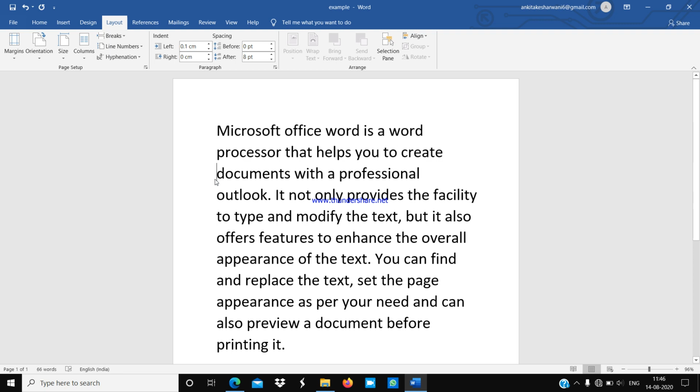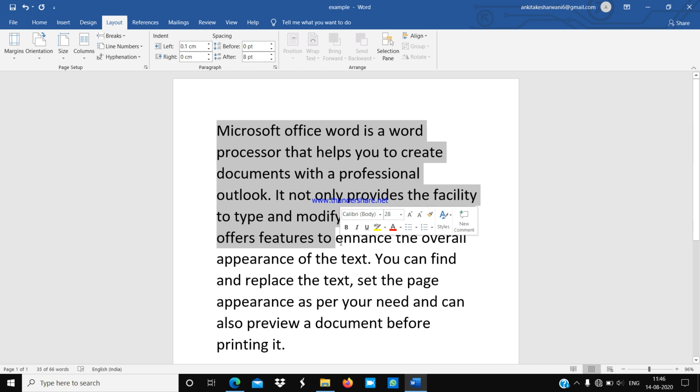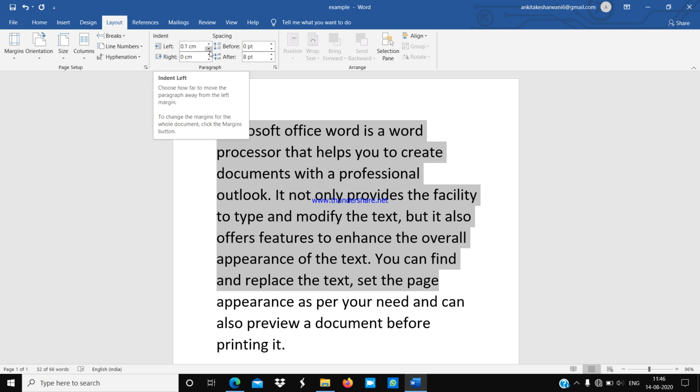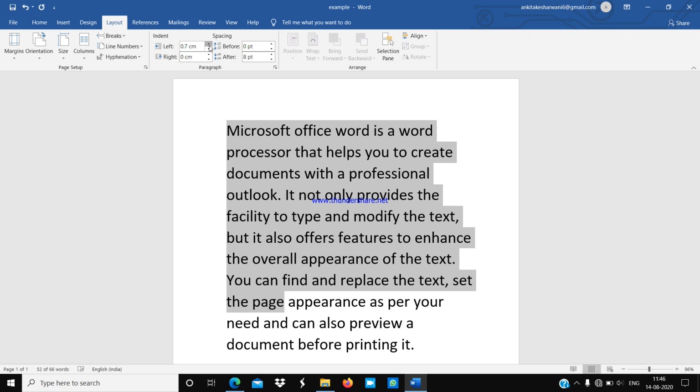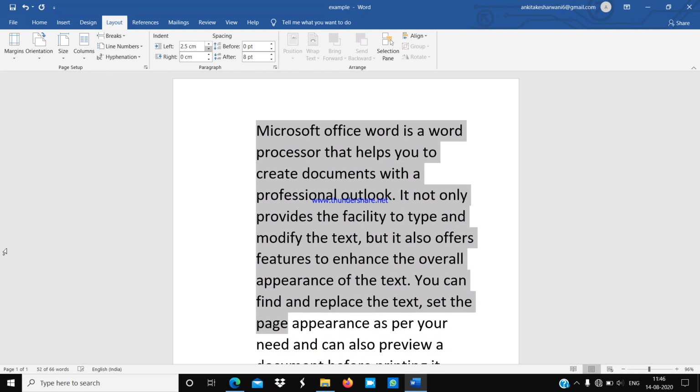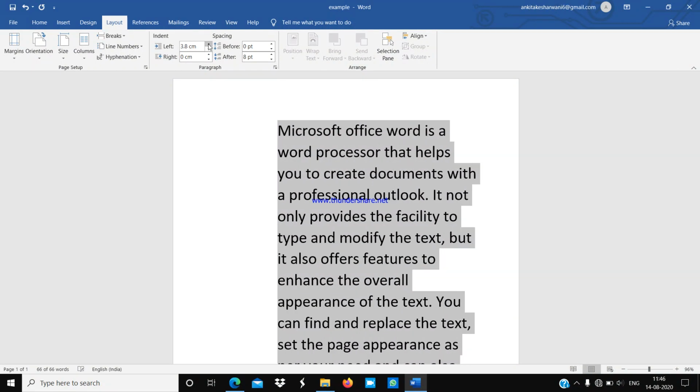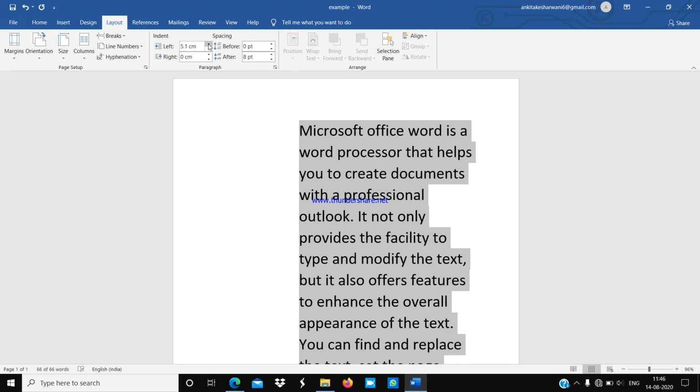You can see the selected text will move, 0.1 centimeter, now 0.2, 0.3, 0.4. As I keep clicking here, it will keep moving continuously from the left. So it is known as the left indentation or increase indent. From the left side, you can increase the indent.